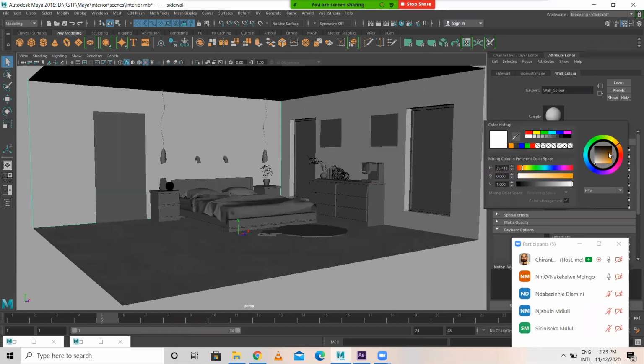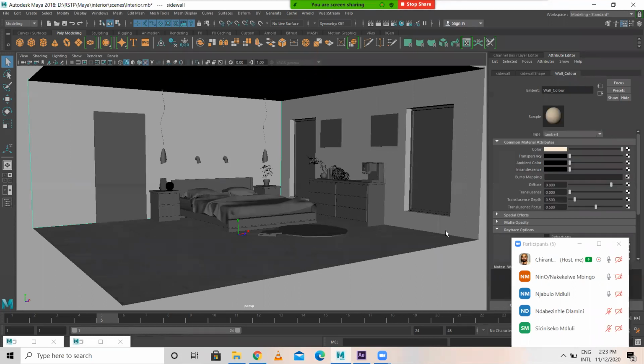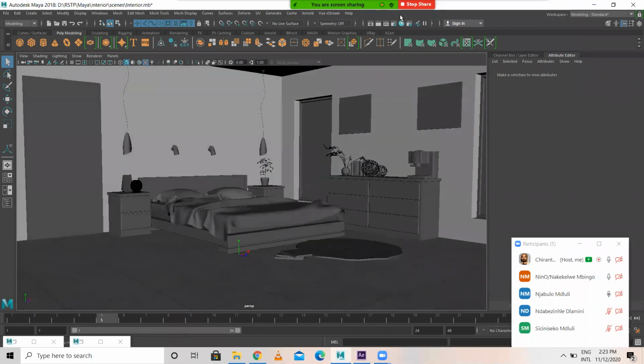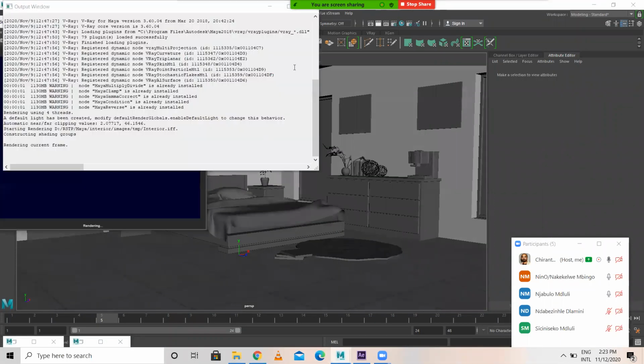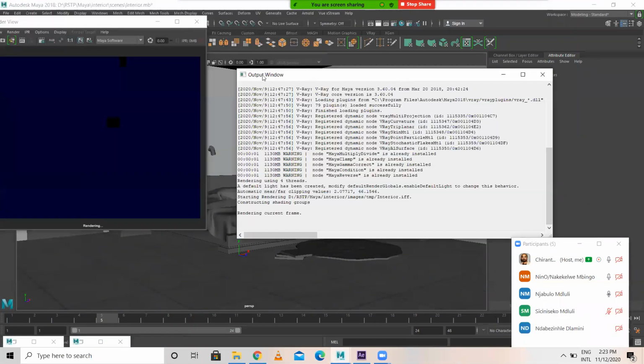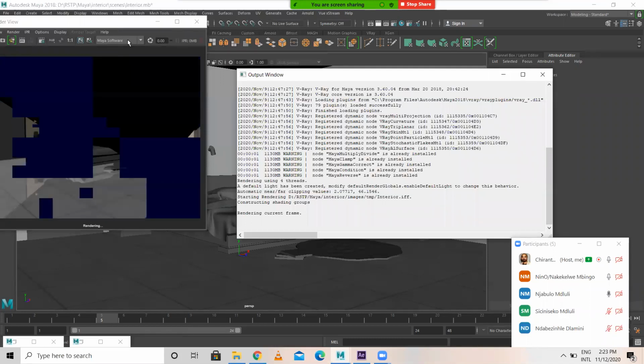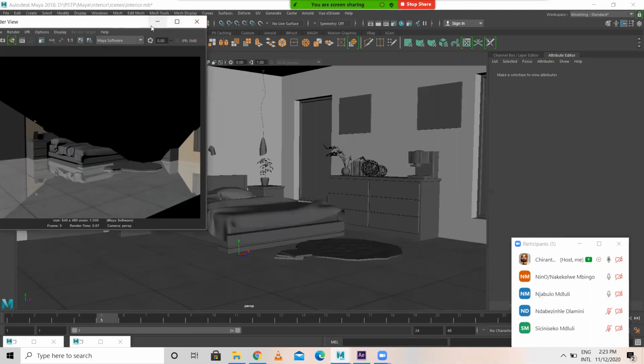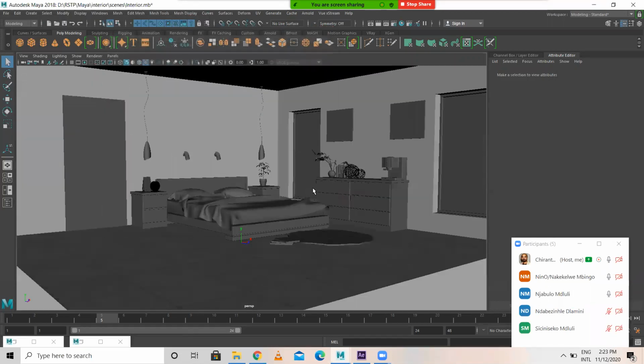Okay, here what I'll do, just kind of cream color I'll give, light cream. Okay. So now this is the render screen. If you render this, Maya software, okay, you are able to see something. I don't know what happened.